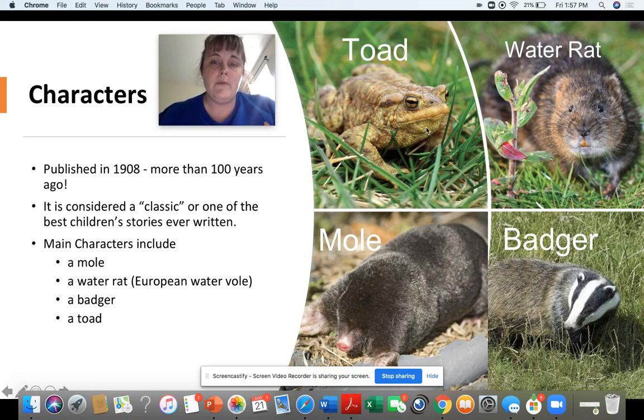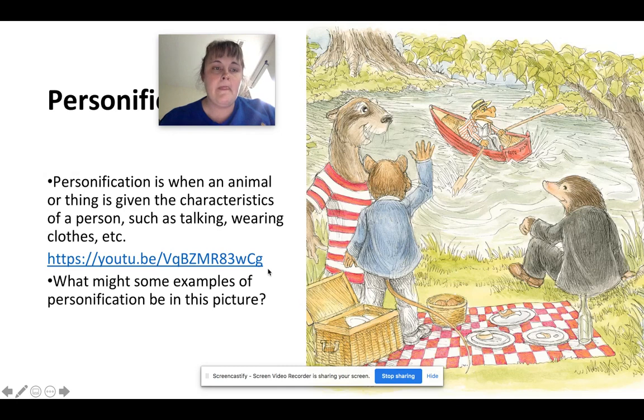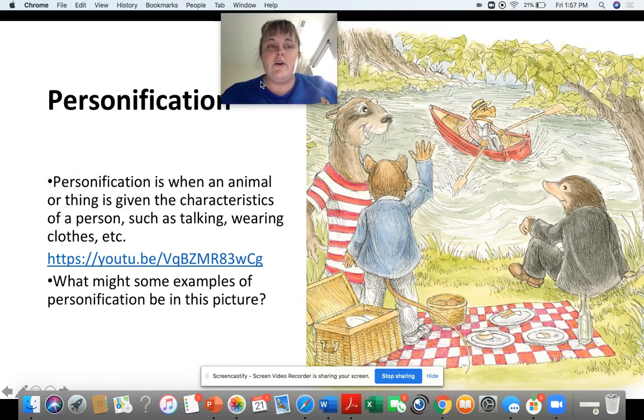Okay, and these are real pictures of them, but throughout our story, you're going to see some fictional pictures. So fictional means made up or fake, but these are non-fiction photos. So you can kind of get your mind ready for the animals that you're going to hear about. Now, also, speaking of that,